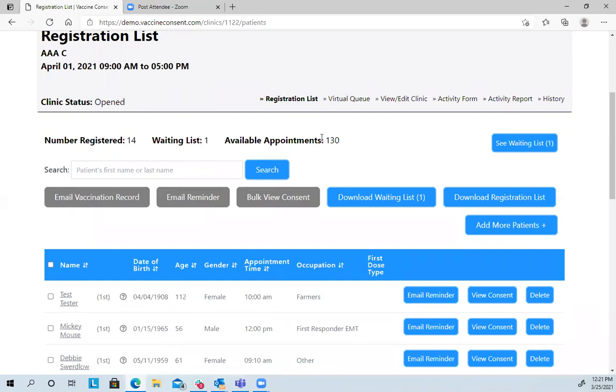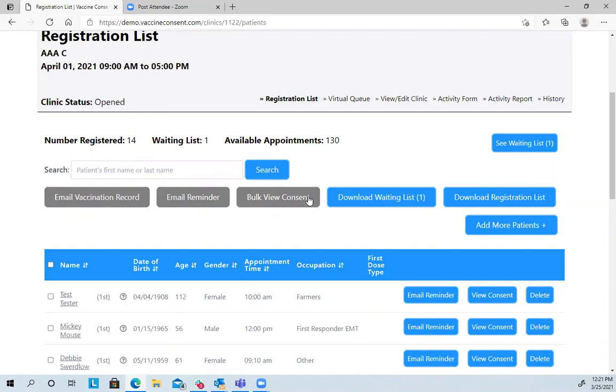Okay. So available appointments may vary a little bit because it not only takes the number that are registered, but also those who've locked a time and are getting through the registration process. And since it takes both of those into account, it may be a little bit less than you expect.